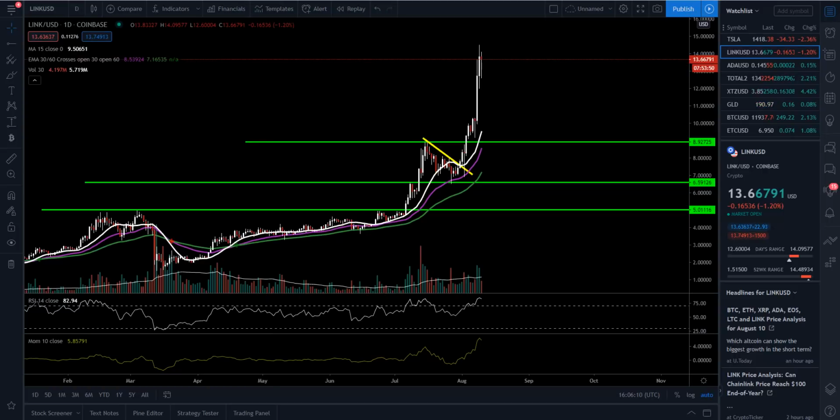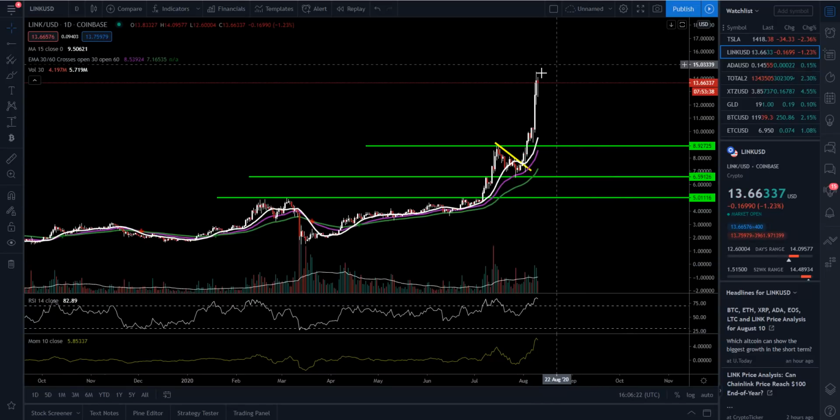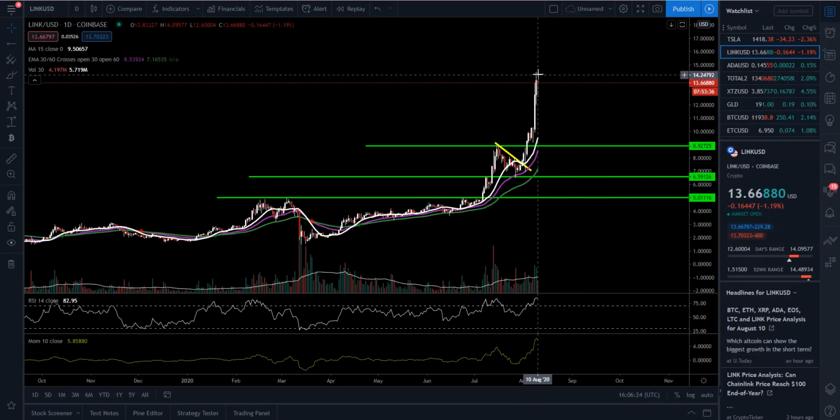So right now we're at 83 on the RSI. We are starting to cool down a little bit, getting some selling pressure. So wait to see where this candle closes today. If you are in Link positions longer term, not financial advice, that is where you want to continue to let them ride. Shorter term traders, I'm sure they're going to be taking some profit,